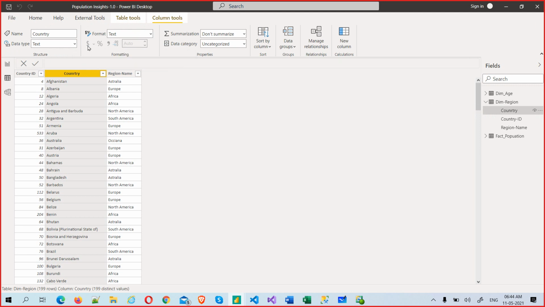For text you do not have any formatting, but this will be useful for numeric values, to make it a percentage, a dollar, or add commas. After the decimal you can remove or increase zeros. Everything here will be useful for numerical values. The formatting options are very useful for numerical values or any other data type except text. You will understand when you work with other kinds of column types. Data type is different, format is different.